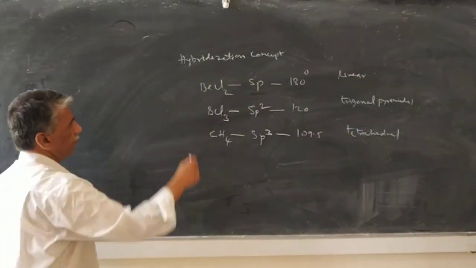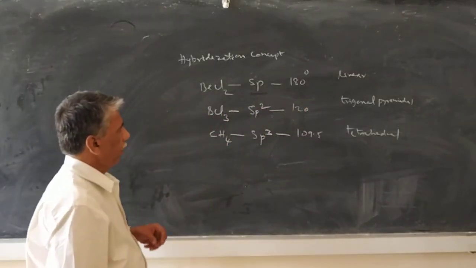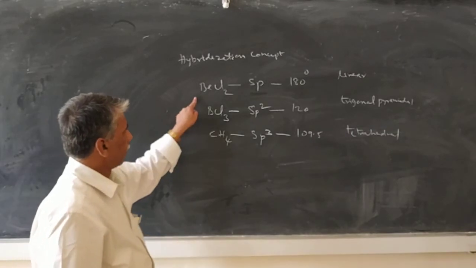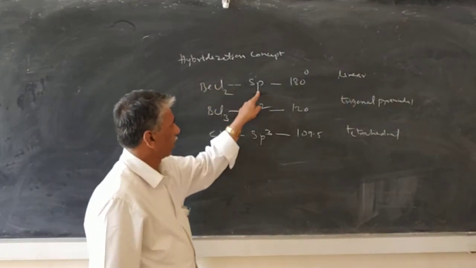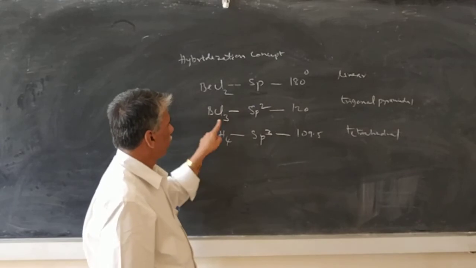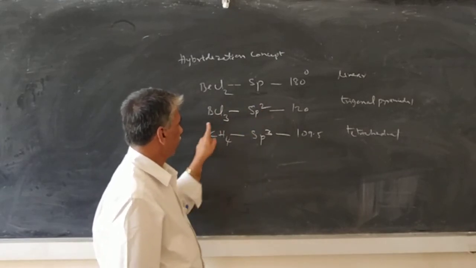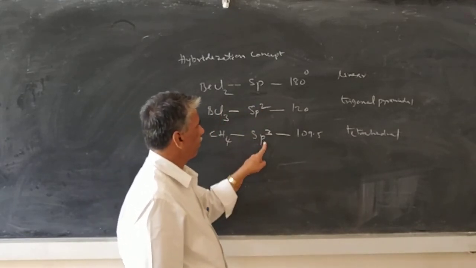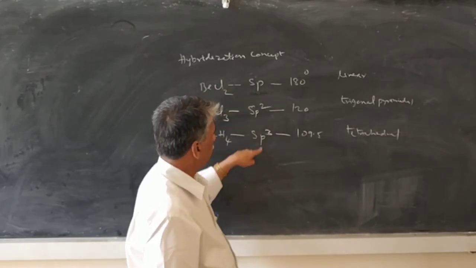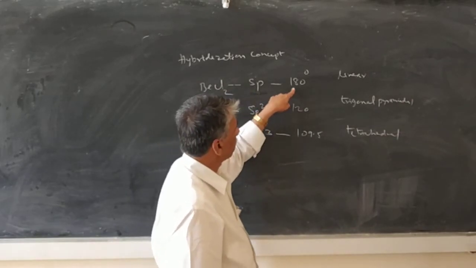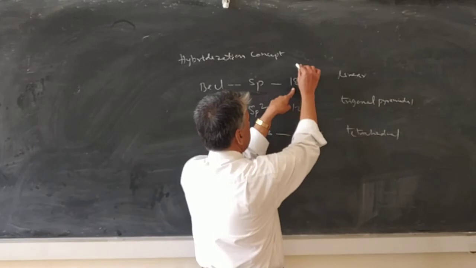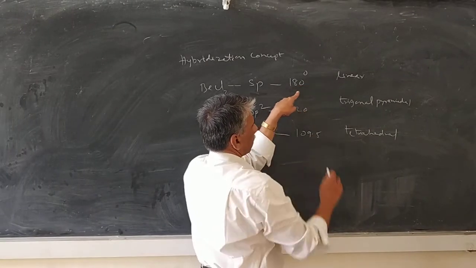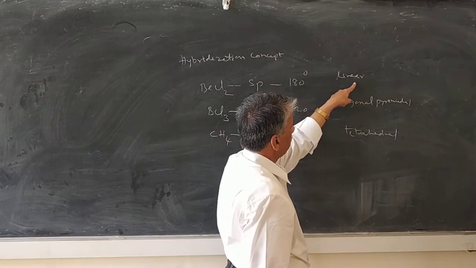So all these types I have discussed in the last class. The beryllium chloride molecule involves sp hybridization, this involves sp2, and this involves sp3 hybridization. And once you know the hybridization, you can easily predict the bond angles and also the geometry or shape